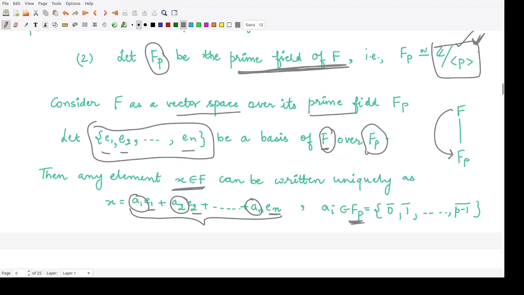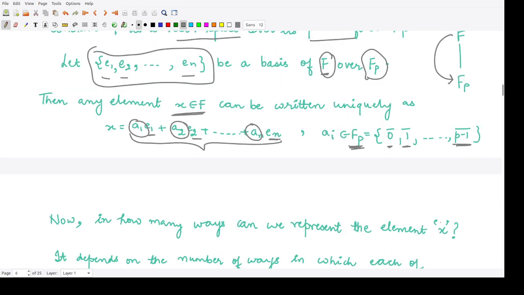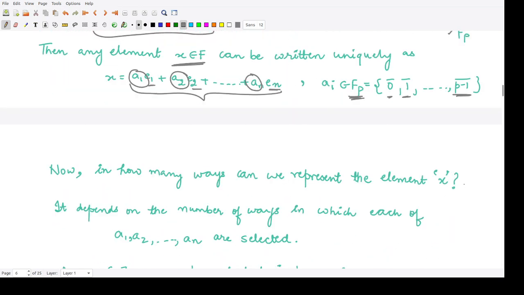So the only elements of this field are the equivalence classes, that is the 0 class, 1 class up to p minus 1 class. The next thing is, in how many ways can you represent the element x? That would tell you how many elements are present in F, right?